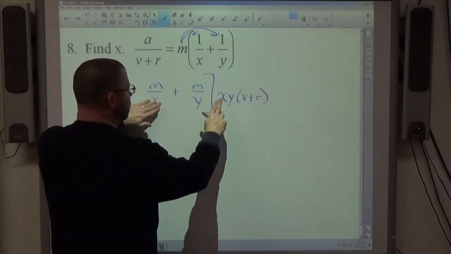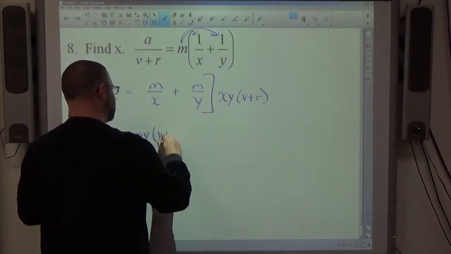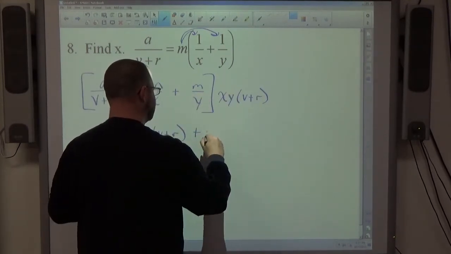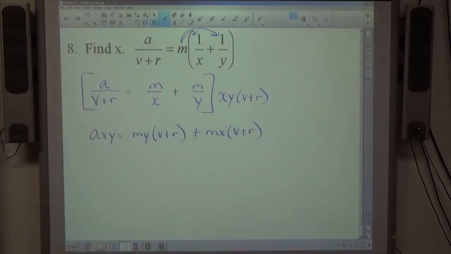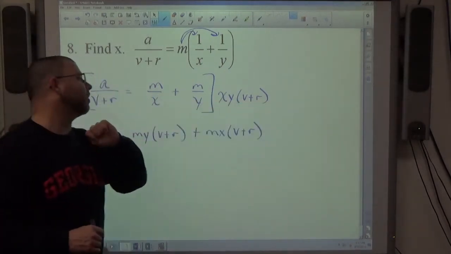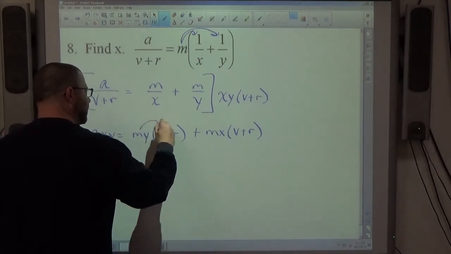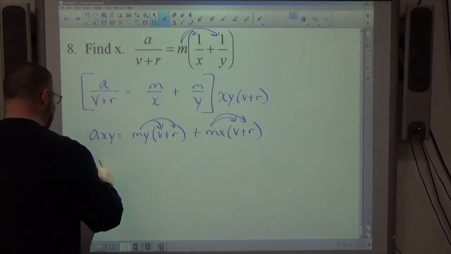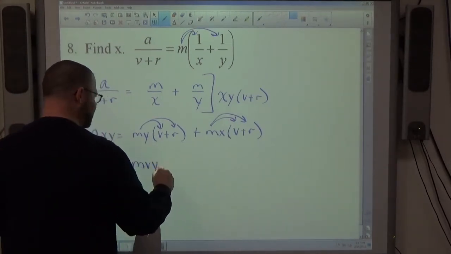M over x times xy, x cancels x, so I'm left with my times v plus r. Y cancels y here, so I'm left with mx times v plus r. And then finally, once you get rid of the fractions, if there's parentheses showing back up again because we have a binomial common denominator, then just go ahead and distribute one more time, just to finish this off. So simplify this and this with the distributive property. That leaves me with axy equals mvy plus mry